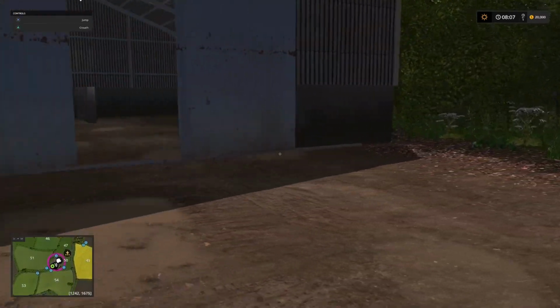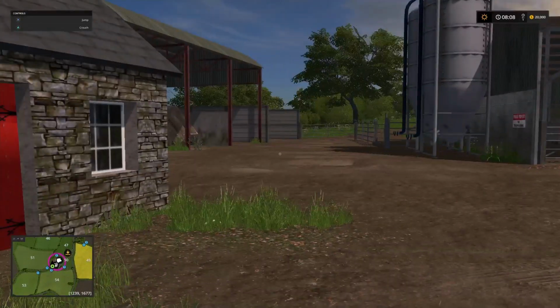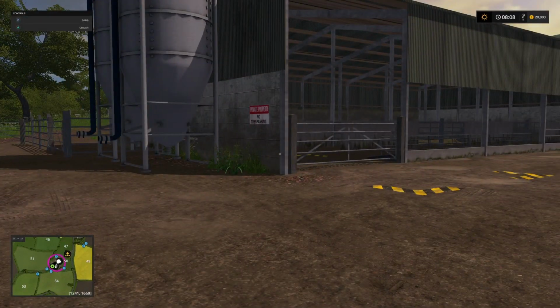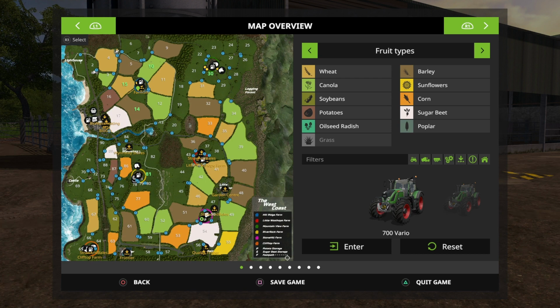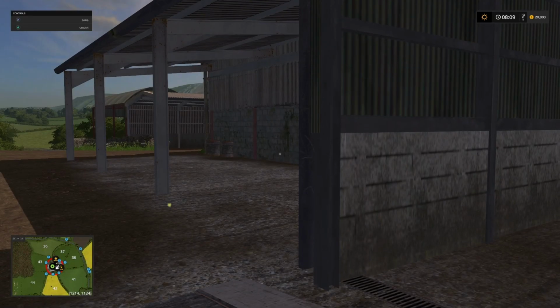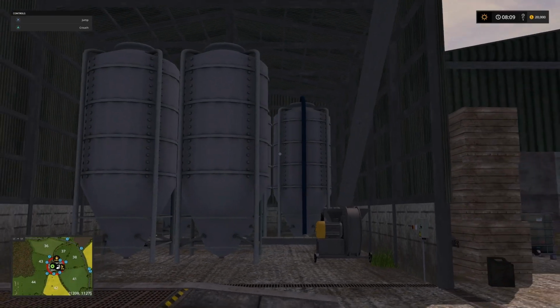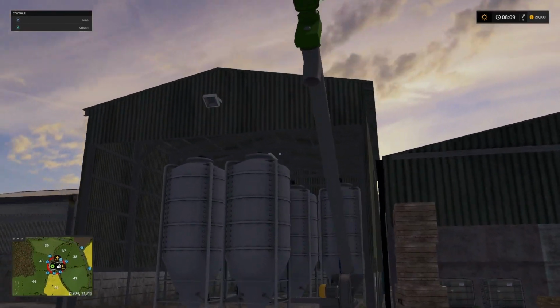So not a huge yard over here, but decent sized. Everything that we need to run our pigs. Let's take a look at somewhere else as well. Have we checked out Little Woolhope Farm yet? I don't think we have. So Little Woolhope Farm has its own silo, as you can see,